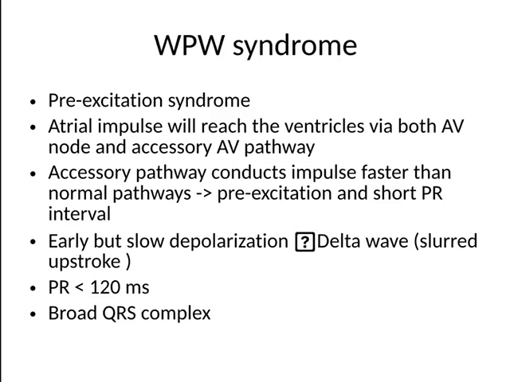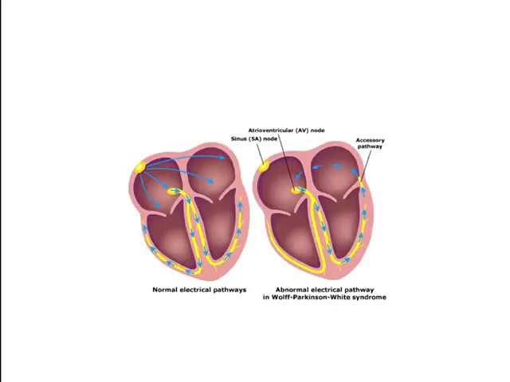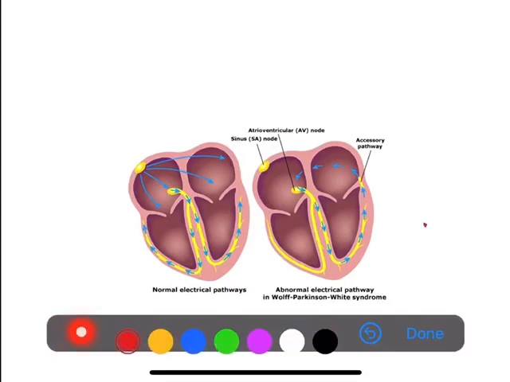So before going to that, we should know how a normal ventricle is depolarized. Okay, so in this image you can see in the first picture, this represents the SA node, this is the AV node, this is the bundle of His, then there is the right bundle and a left bundle followed by the Purkinje fibers. Okay, so how the impulses are normally conducted, we could see that.